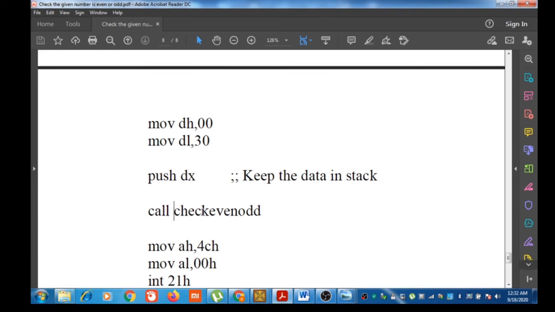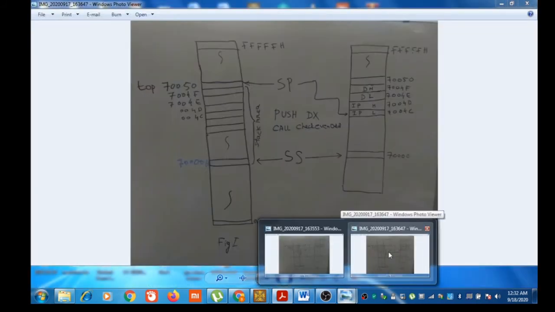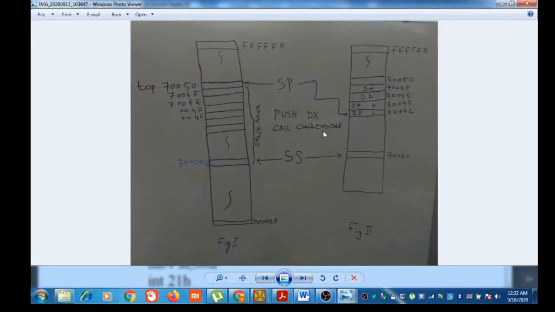So on this call check even odd, this procedure, the picture of the stack will be like this. The call instruction pushes the IP content, the higher 8-bit portion of the IP to the higher address location and the lower 8-bit part of this IP register to the lower address location.